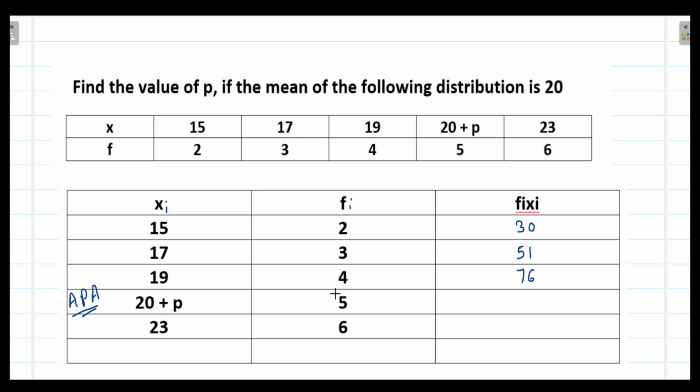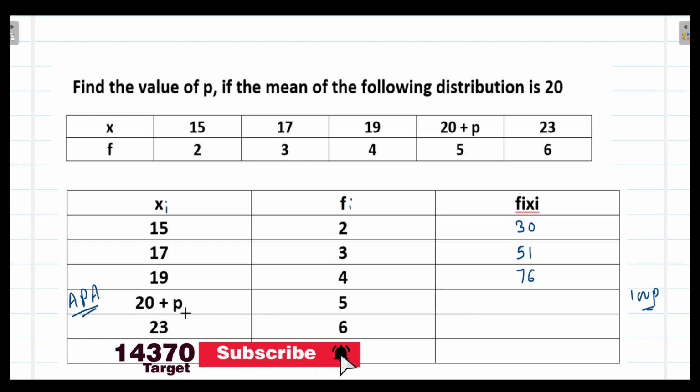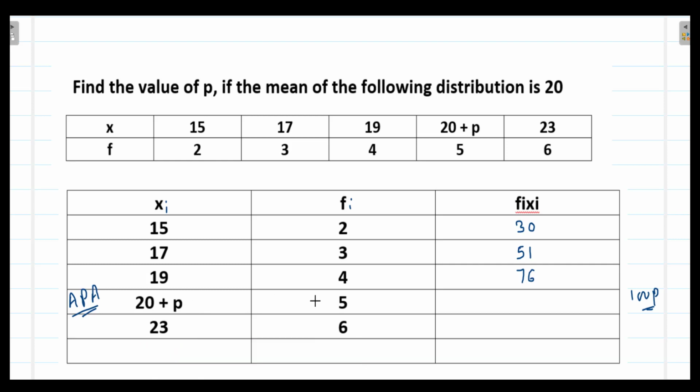What happened here, we just multiply by 5 to this 20 and sometimes we write it as 100p, but it is not 100p. You have to multiply by 5 to both these numbers, 20 as well as P. So be careful here since it is an accident prone area. So multiply 5 to 20, so that will be 100, plus multiply 5 to P also, and that will be 5P. And so it will be 100 plus 5P. These two are unlike terms, so we cannot add these two terms.